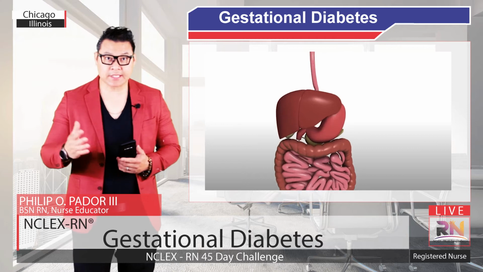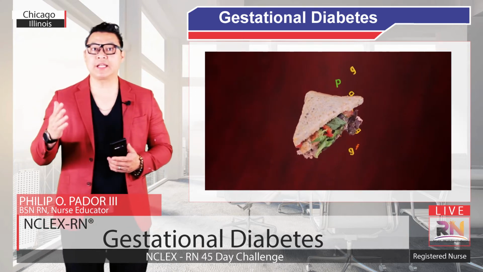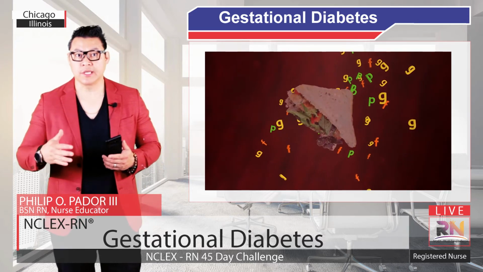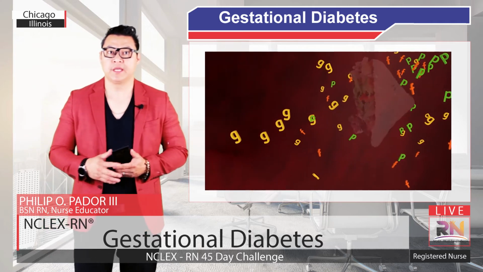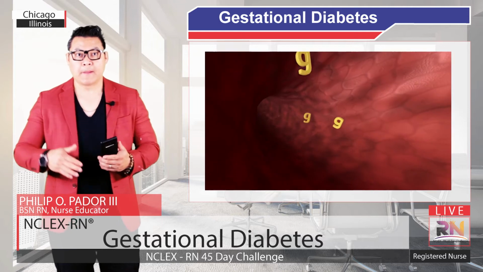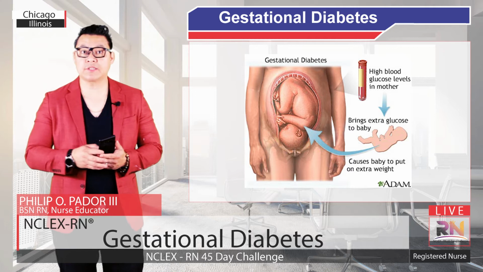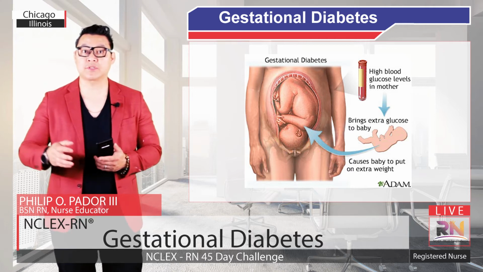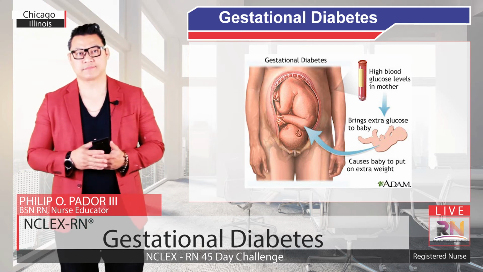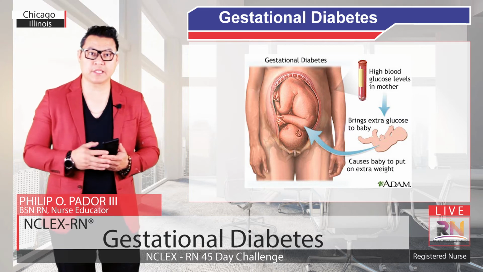After the mother eats, blood glucose increases, and there is hyperglycemia. Hyperglycemia stimulates the beta cells of the pancreas to release the hormone insulin into the circulation. Insulin aims to target cells to increase glucose uptake into maternal tissues. But in gestational diabetes, there is insulin resistance, and therefore blood glucose is not taken up into maternal tissues as efficiently. The result of insulin resistance is hyperglycemia of the maternal circulation.